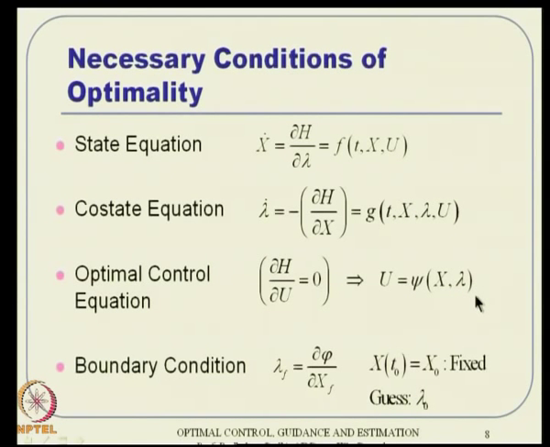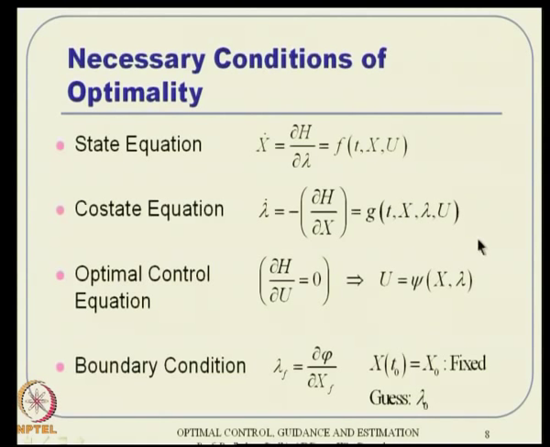Okay. So, in general you may or may not be able to solve it in explicit form. If you are not able to solve in explicit form, then you have to solve using numerical techniques like the Newton-Raphson method or things like that. But for many classes of problems, it is possible to solve u as an explicit function of x and lambda. So, let us assume that it is solvable either symbolically or numerically, either way. Once you solve it, if necessary, we can put it back here in the lambda dot equation, and if necessary, we can put it back here as well.